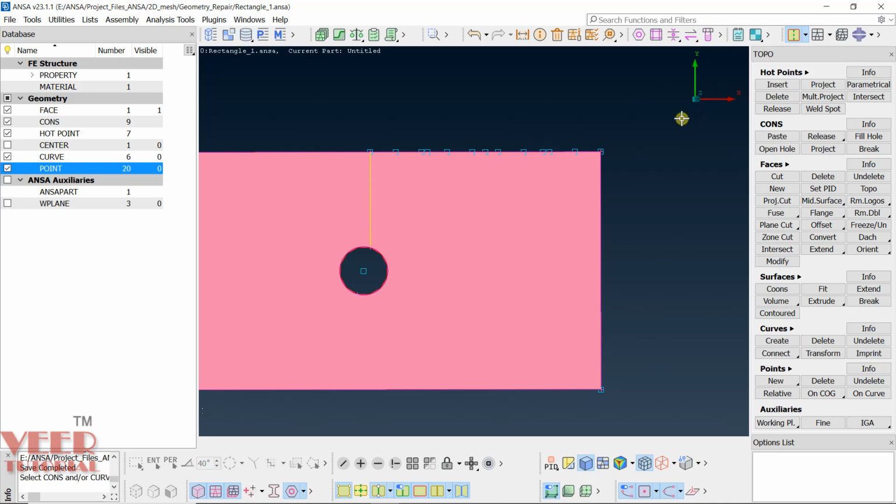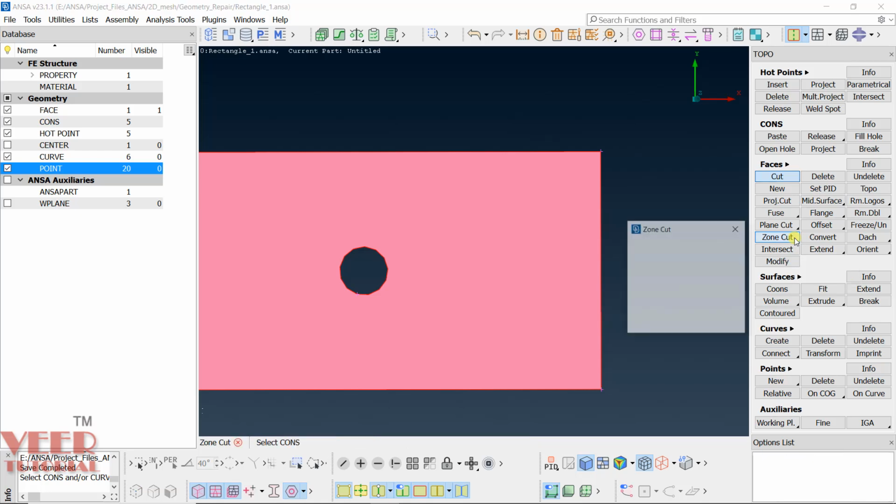Okay, so after that let's go to some other commands. I will hide the points. Click on this auxiliary and I will delete this line. So line, right click, and after that many times you have to create a washer around a circle. Whenever you mesh, before that you need to create a washer. So washer means there should be one more circle at some specified distance. So for this we use the command that is called zone cut.